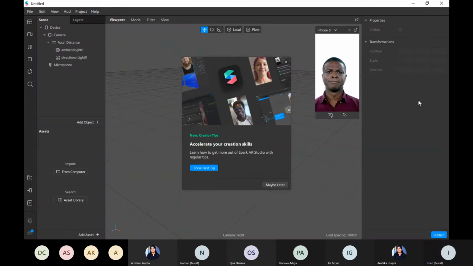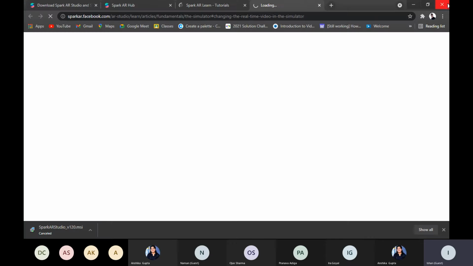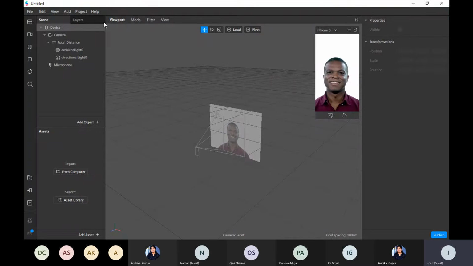Here we go. So first of all, when it opens, it gives you some tips. If you want it, you can take it. Show the first step. But I'll just, you can see, you can learn many things from these tips only. Let's cancel it forward. So when you open Spark here and create a new blank project, the screen will open